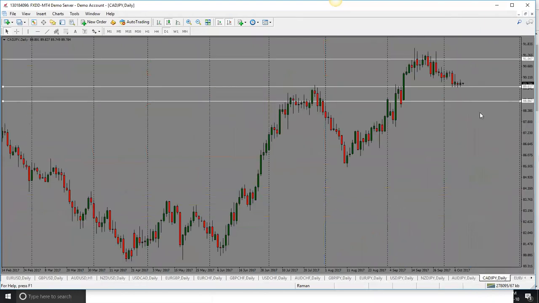CAD yen, last one to look at, or actually we'll take a look at euro as well. CAD yen has had trouble breaking below the 89.60 level. Right now it is sitting low and it looks like it wants to drop, but if it does not break below this level, chances are it will go in the other direction. We have had 4 tests of this level and it has held. It could go all the way back up into this level, which is